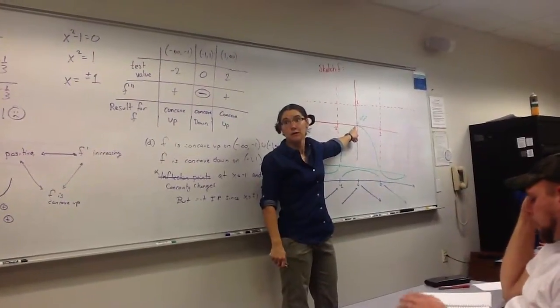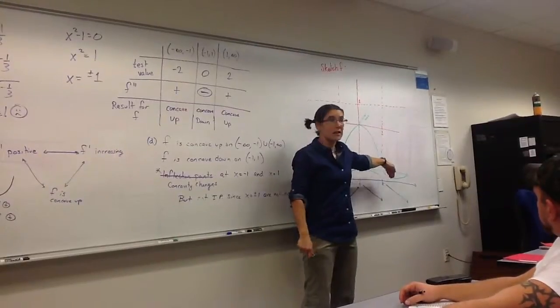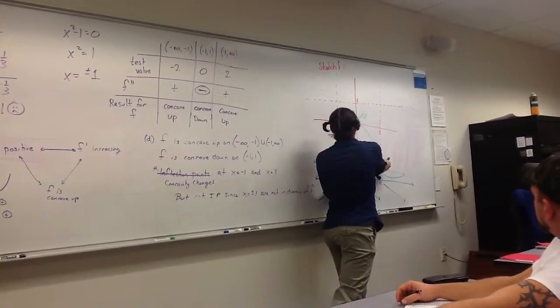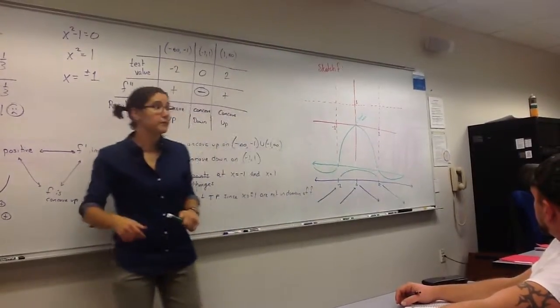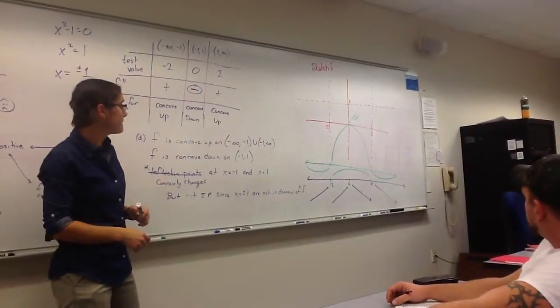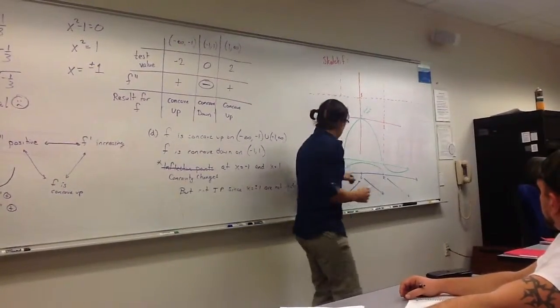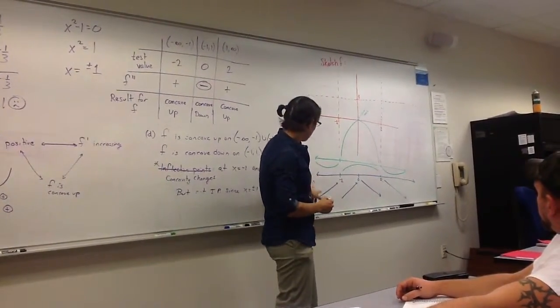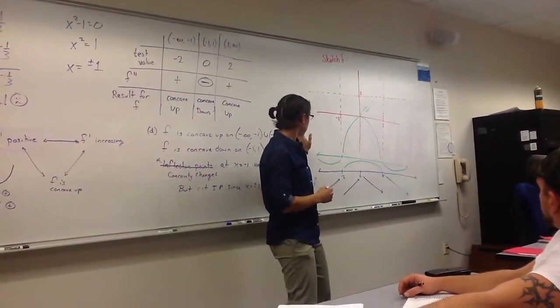The value is y equals 0. And this entire curve is concave down. And we have a vertical asymptote at x equals negative 1 and x equals positive 1. So that's our middle part of our function. Okay. Now, other values here, we've got a function that is increasing, so from negative infinity up to